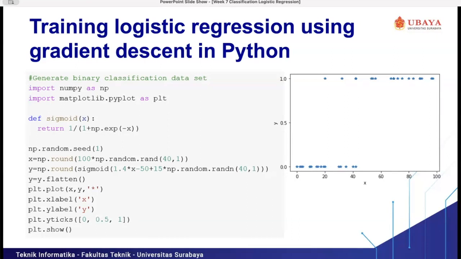Because the y values are the output from the sigmoid function, which only gives values from 0 to 1. But because we add some noise here, the output will be 0 or 1.